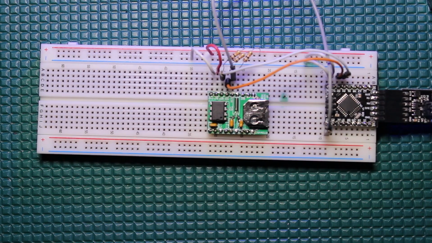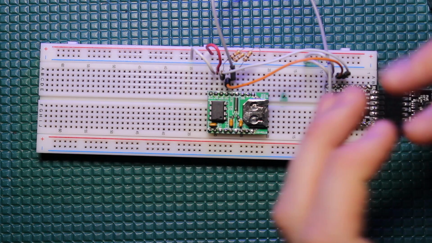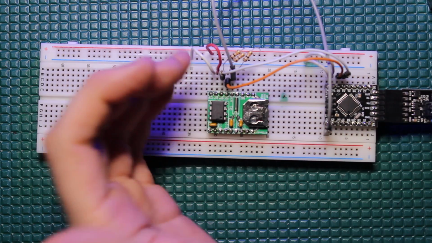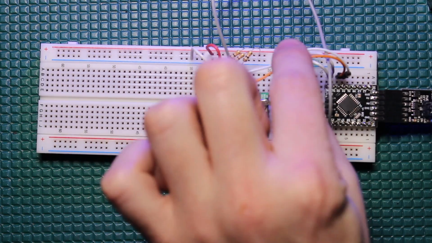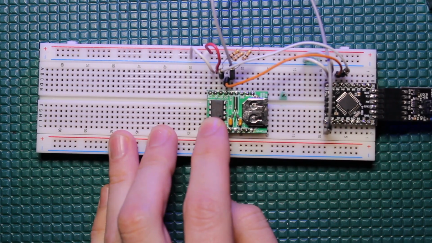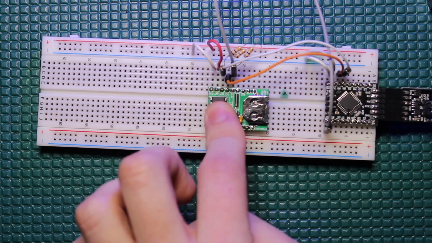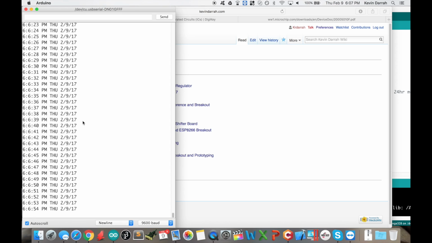So right here I've got some demo code running where the Arduino is communicating to the RTC, reading out the time. And you can see, it's incrementing 1 second at a time. But what's nice about it is that the Arduino can be busy doing its own thing, and then anytime it needs to go read the time, it can just communicate via I2C over to the RTC and read that time out. Now this is actually considered an RTCC because it also has a calendar built in, and this will take